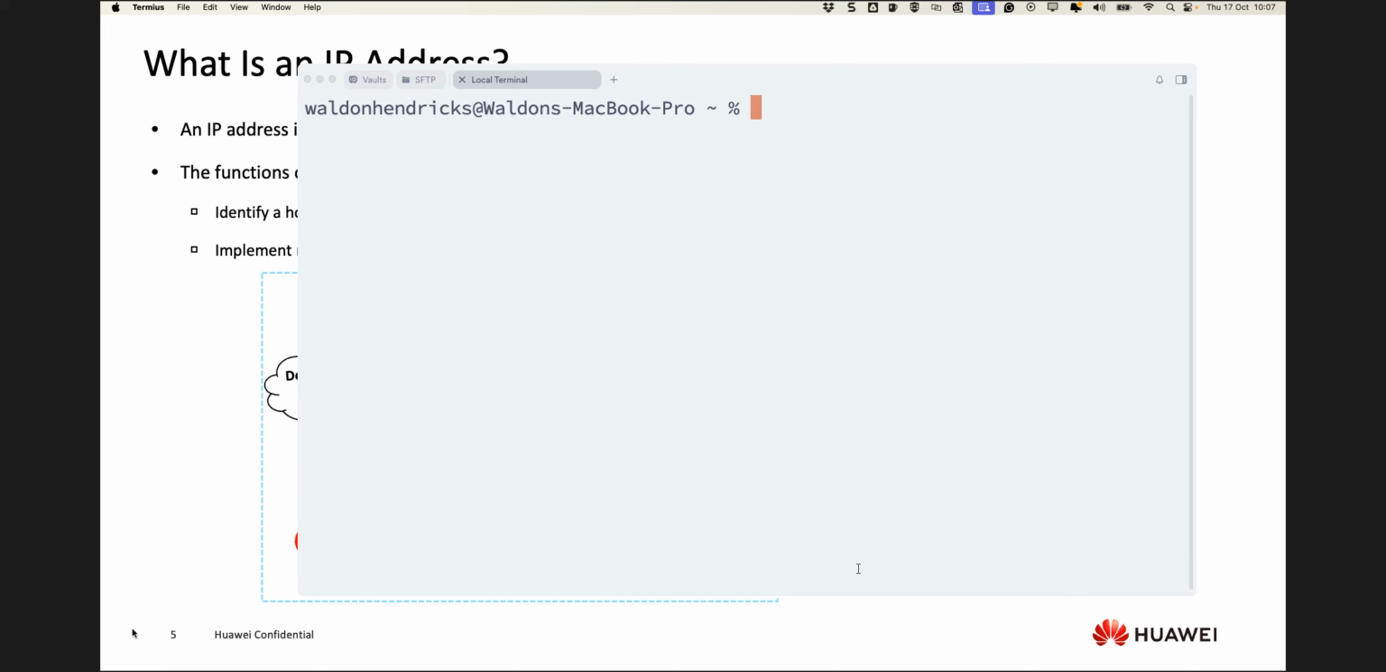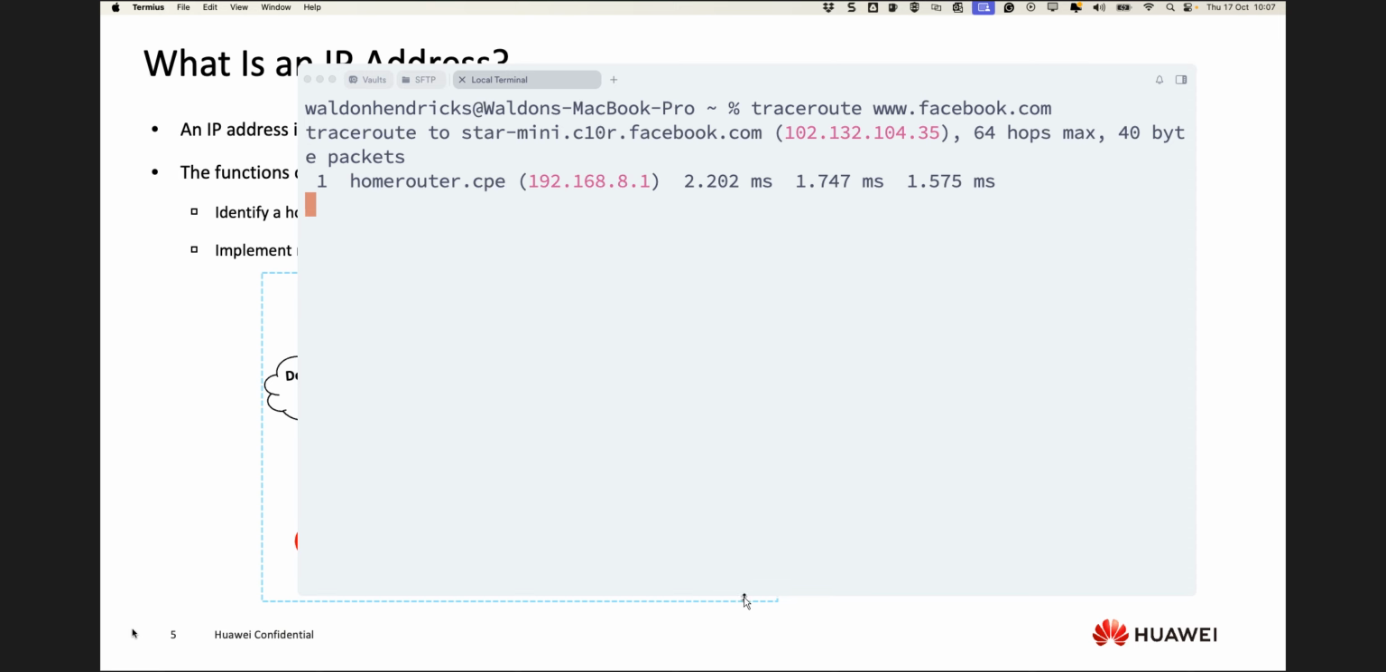Right, so let's say I do a traceroute, and let's say Facebook, for instance. Let's try an IP, but we'll see. Facebook.com. So what will happen is again, we'll go through my home router,